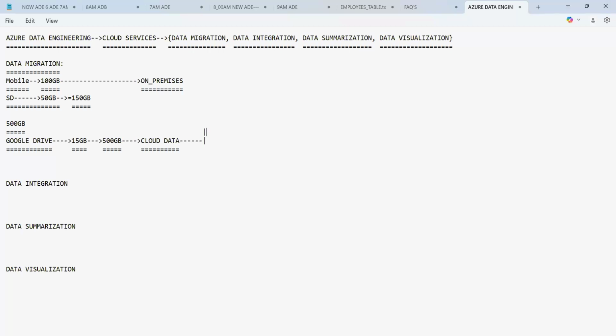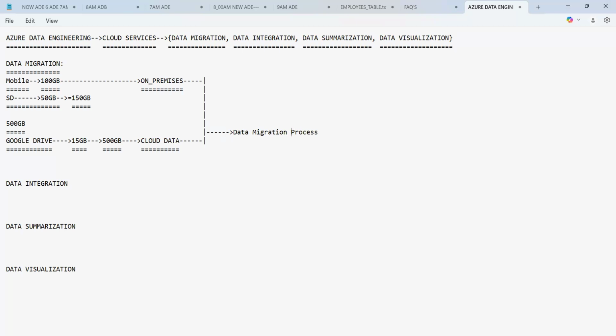So whenever you move the data from the on-premises storage, that is from your local mobile phone storage, to the Google Drive storage, this is called the data migration process.